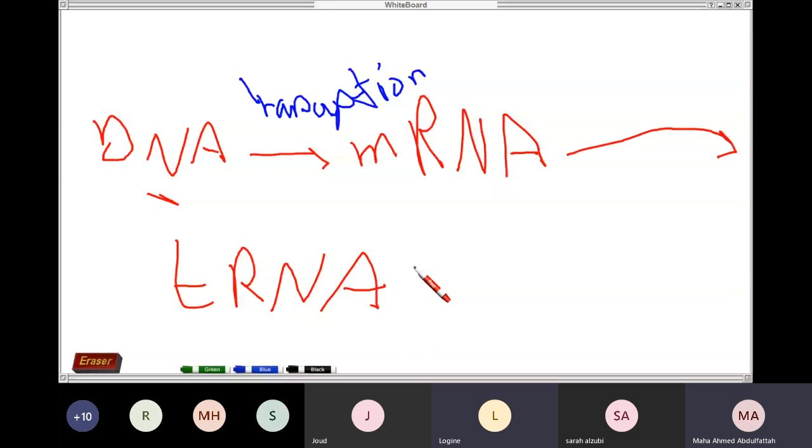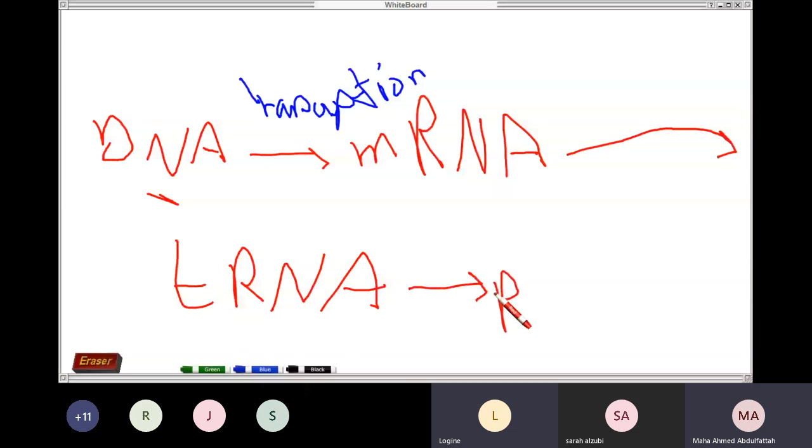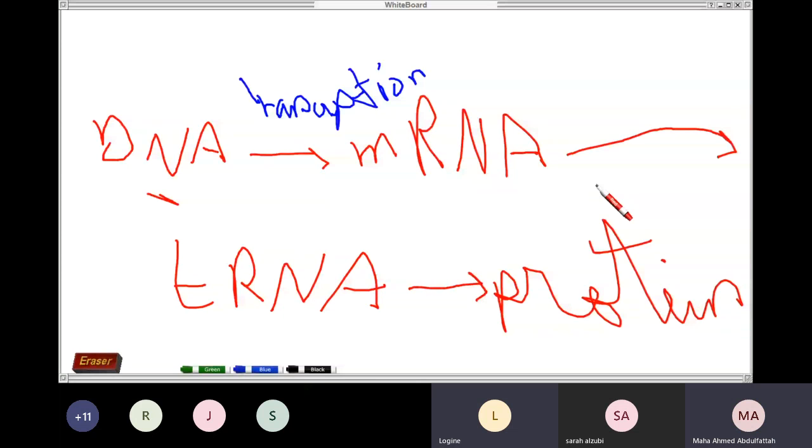This, what do we call it? The information coded on the messenger RNA is processed by tRNA to change it into a protein. This process is called what? The messenger RNA to tRNA and protein. Tell me. So transcription, and then